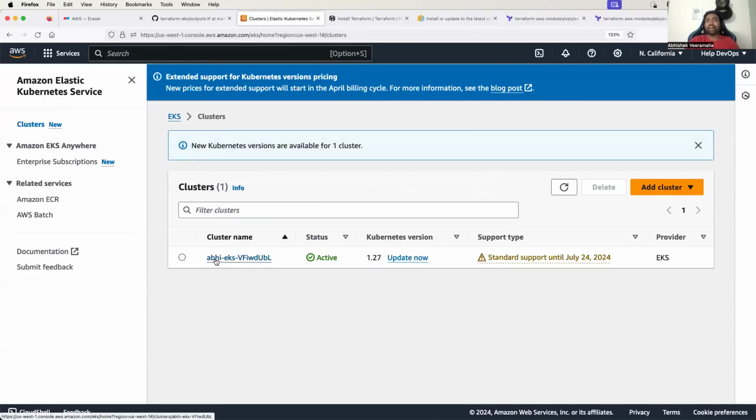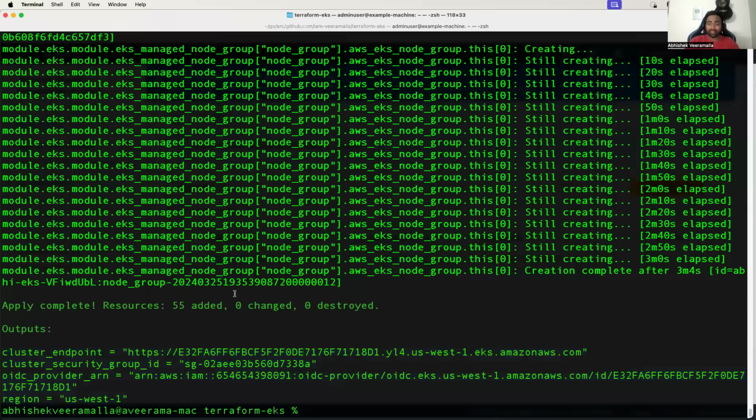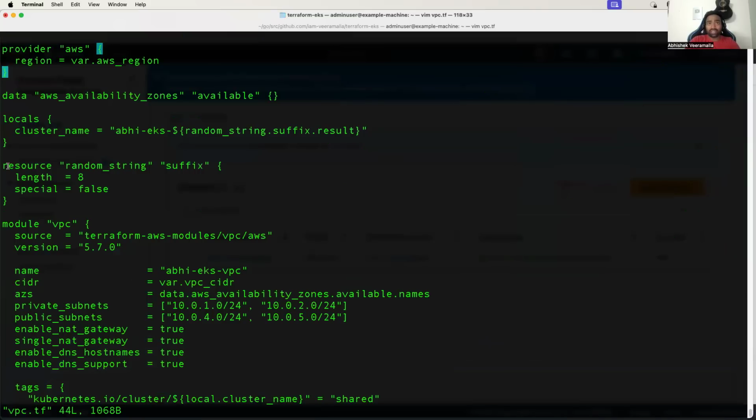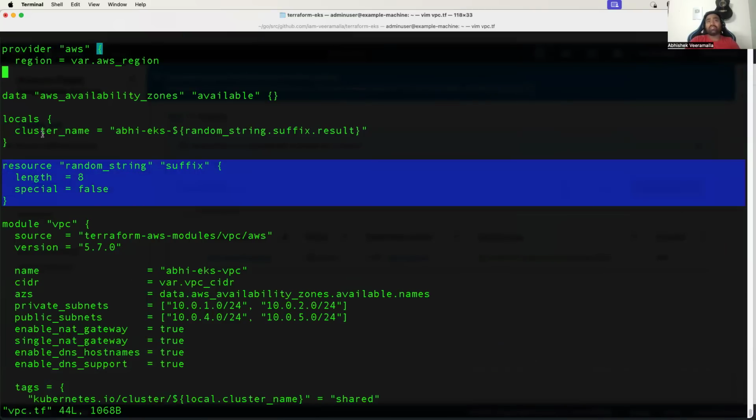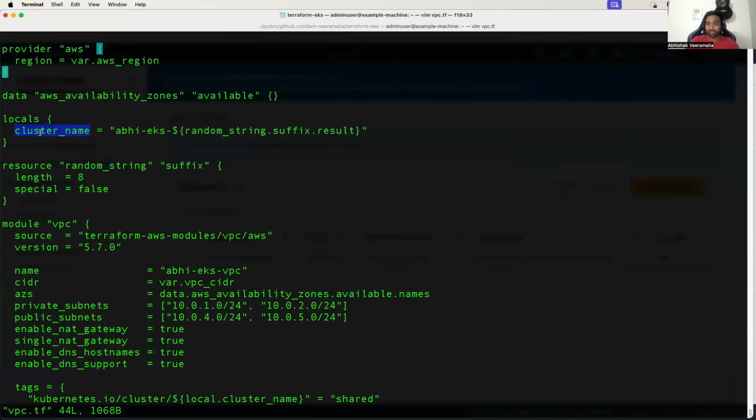So this is the new cluster, Abhi EKS followed by 8 random alphabets, or a random string with 8 characters. That is because if you go to the vpc.tf file, we have created a random resource and attached it to the cluster name. This is locals, and within the locals we have created a cluster name. Here we are appending the random string. This is random string dot suffix dot result, which is the output of an 8-digit random string that is appended to